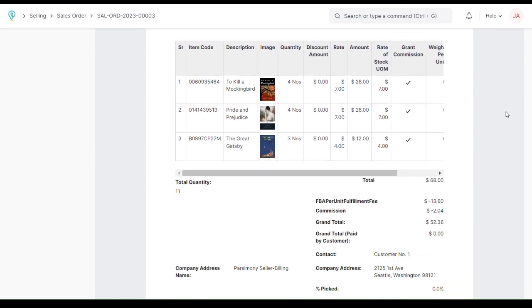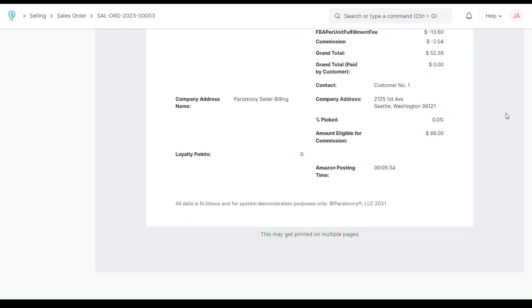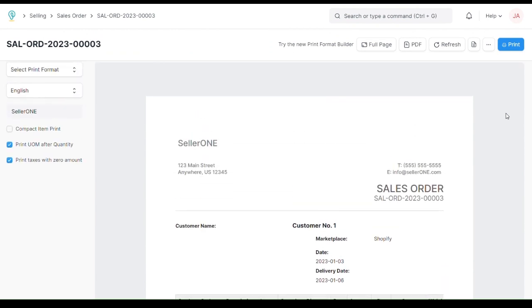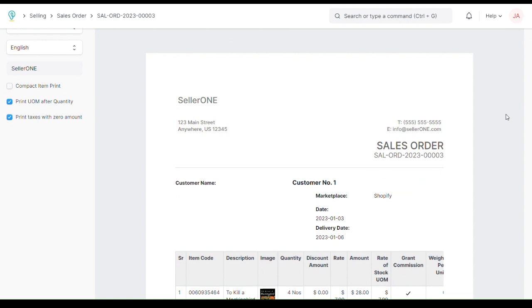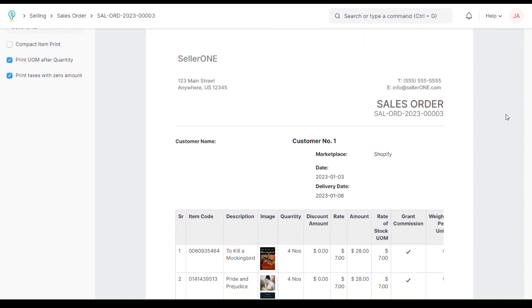By analyzing the sales order analysis, you can identify popular items, monitor order fulfillment, and make informed decisions to optimize your business operations. That concludes our brief tutorial on the Parsimony accounting function, specifically the Sales Order Analysis tool in